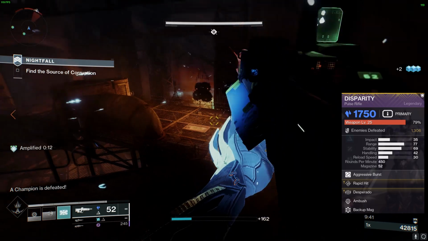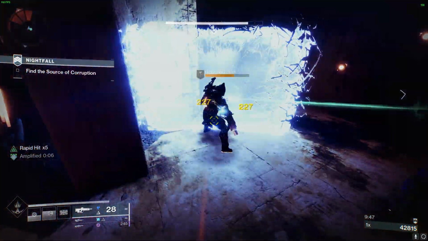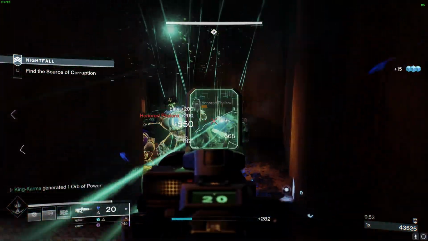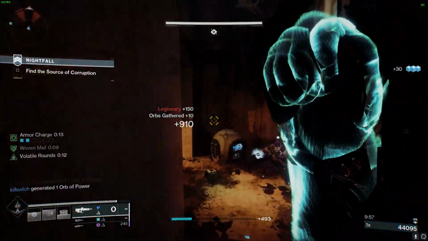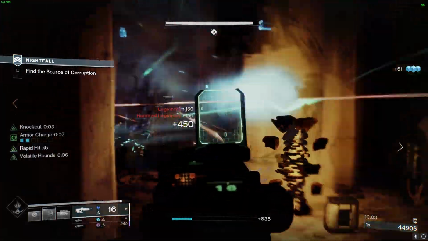You'll be mowing down enemy hordes effortlessly. PvP enthusiasts, rejoice. With Rapid Hit and Outlaw combined with Desperado, you'll be an invincible presence in any playlist. Disparity's aggressive burst frame lets it fire 4 bullets per burst, rendering it a formidable choice against even the most resilient opponents. And to keep your shots on target with its high recoil, you'll want to utilize the Arrowhead Break